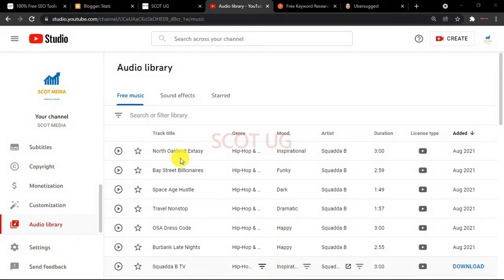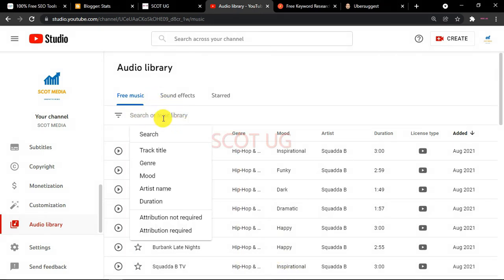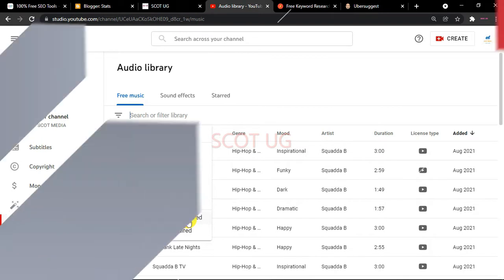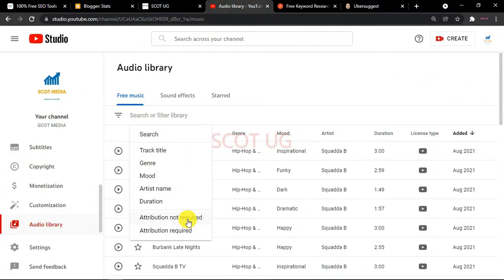And of course, this music has conditions too. If you check out here, you'll see where attribution required and attribution not required. So if you are going to use that music, you need to know which music you are using. Am I required to attribute to the author or to the composer?